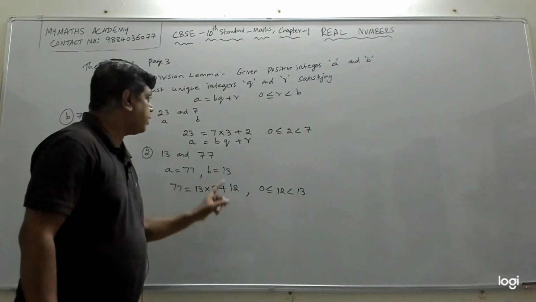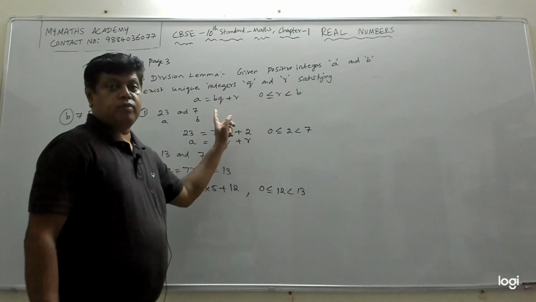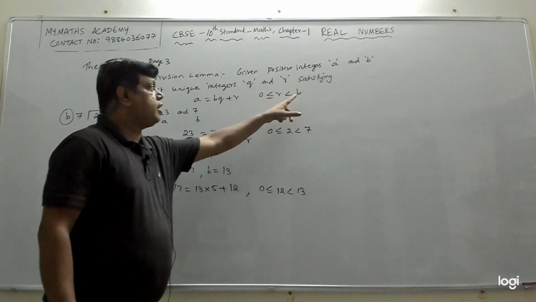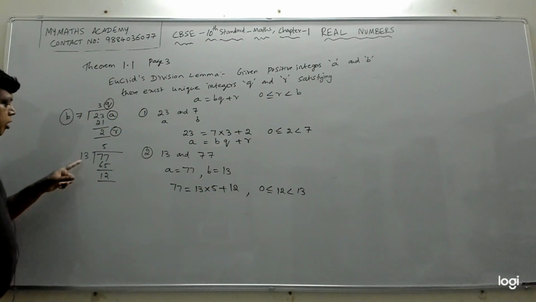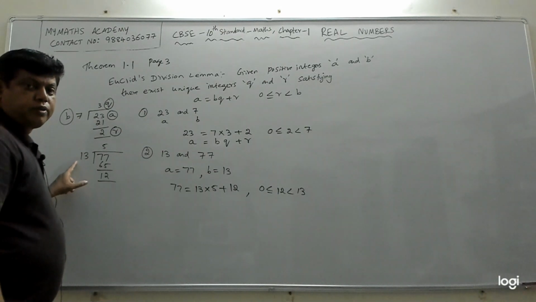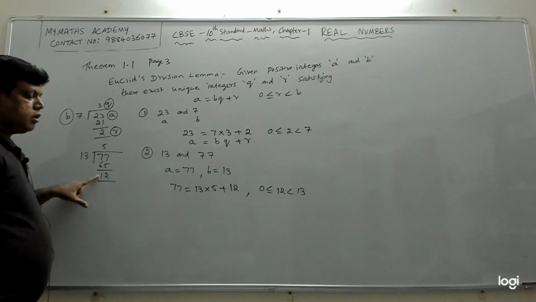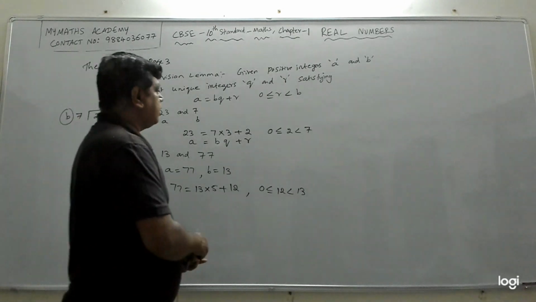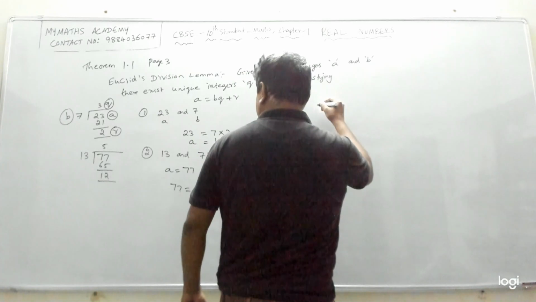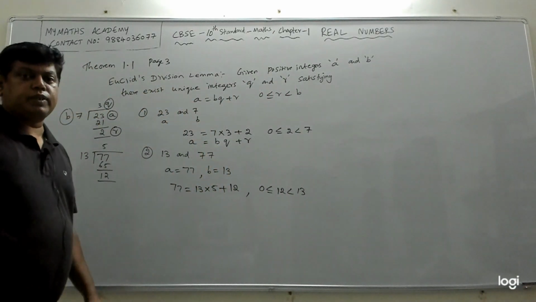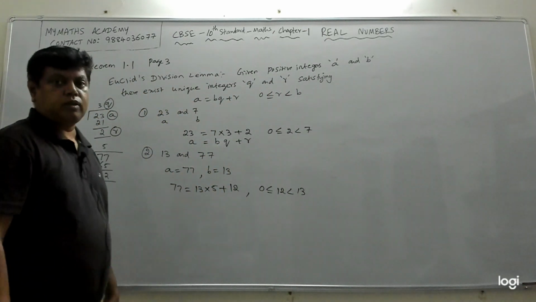Both conditions have to be satisfied, and your remainder should always be less than the divisor. Your R should always be less than the B. Here 13 is B. A is 77, B is 13, 5 is Q, R is 12. So this is Euclid's division lemma, and we will use this to find